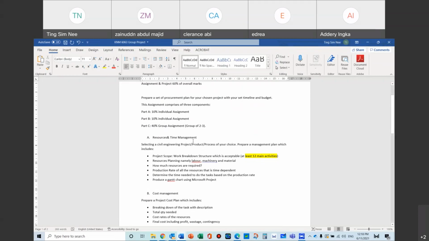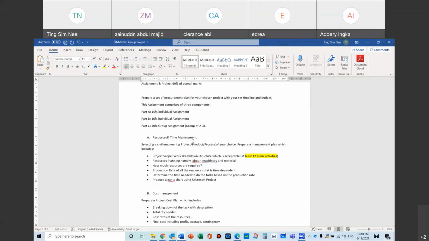Of your choice. Then you need to come up with the time management. You imagine this as an entire project. You need to come up with that project, product or process for you to actually do your work breakdown structure. I will assume that up to this point in time, you've already studied all the options and everything. It's a go ahead. And now with the work breakdown,